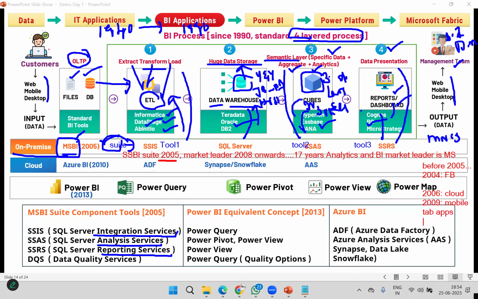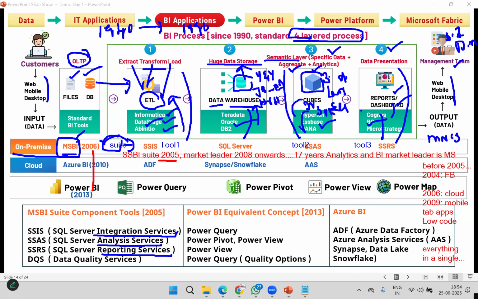And people also expecting low code applications. People also expecting everything in a single place, everything in a single application. So Microsoft decided, why don't we add more features to existing BI and release? That is Power BI.